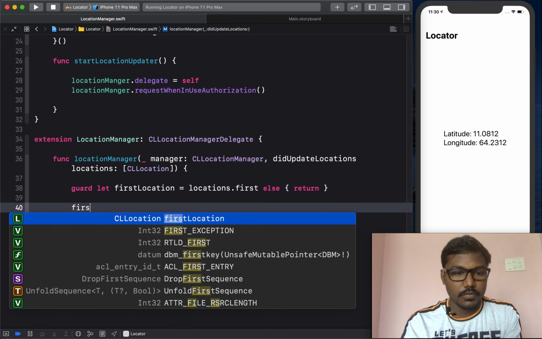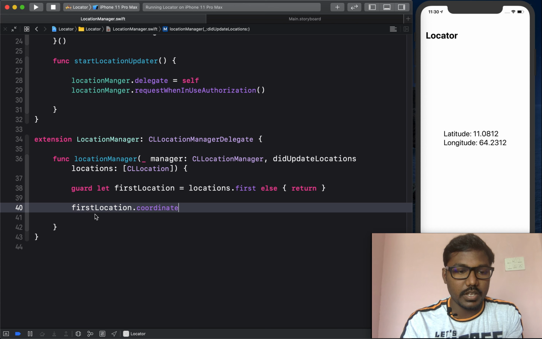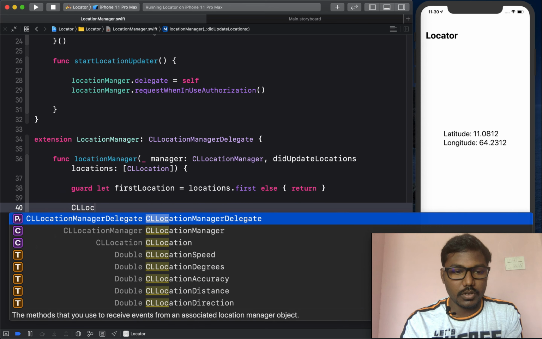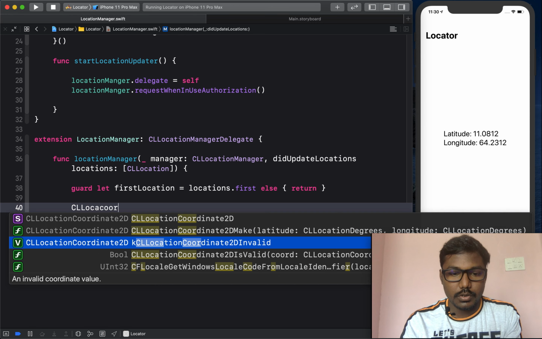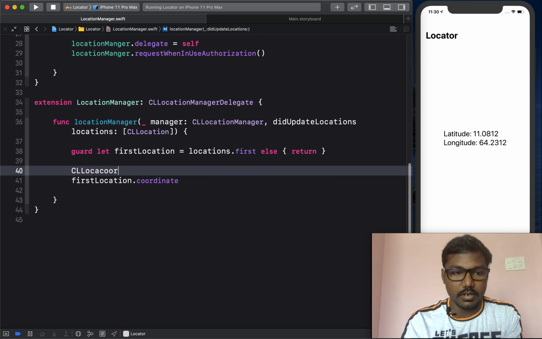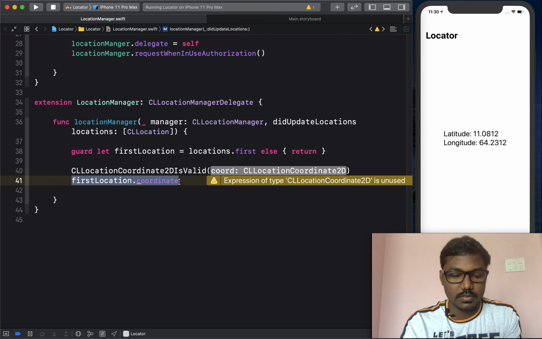Then firstLocation dot coordinate, this coordinate we have to check, CLLocationCoordinate2D is valid or not, we will check like this.